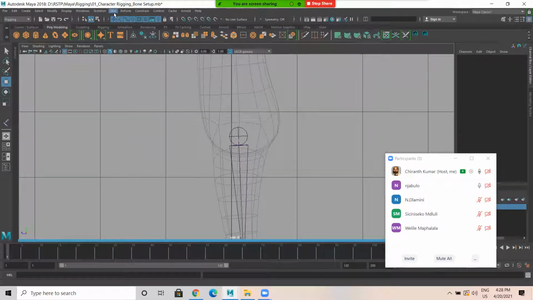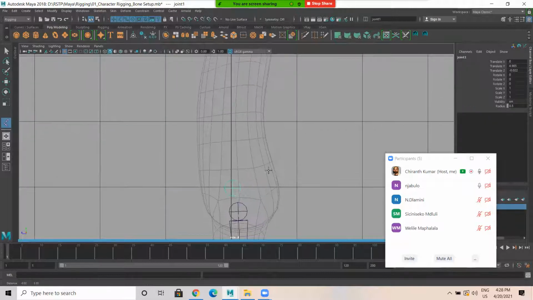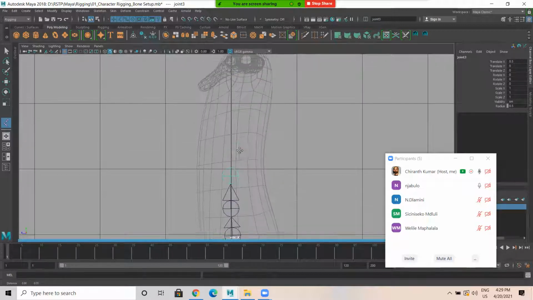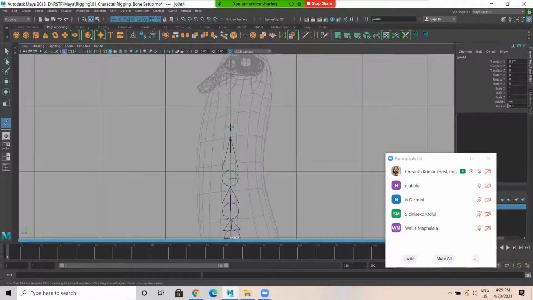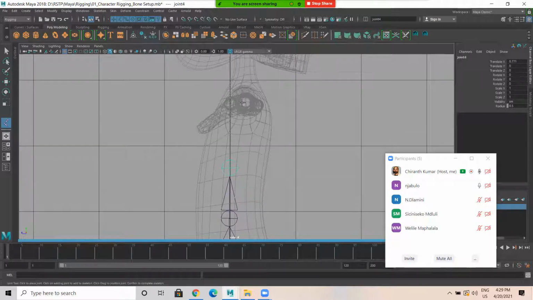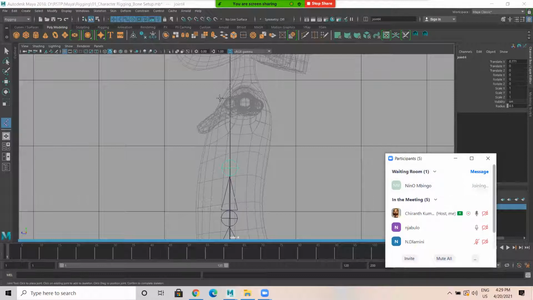So I'm taking skeleton, create joints again. This is cog, this is lower abdomen, upper abdomen. This is chest, and here the shoulder is in place exactly here. So where this hand is, place one here, shoulder.